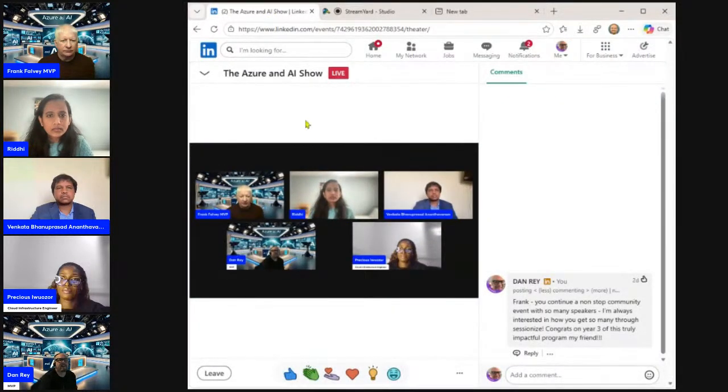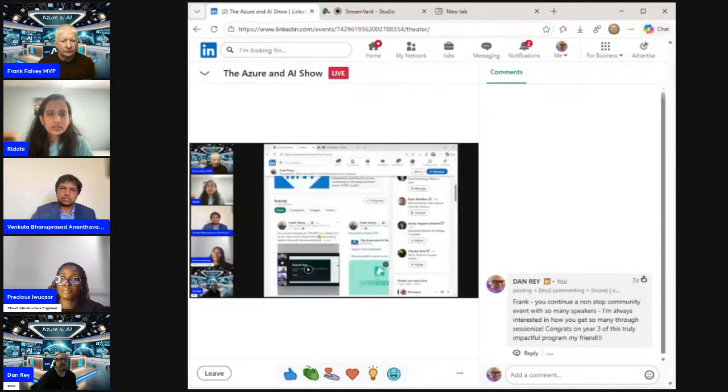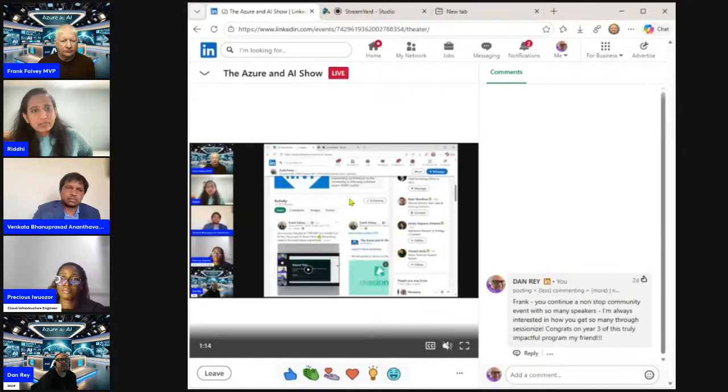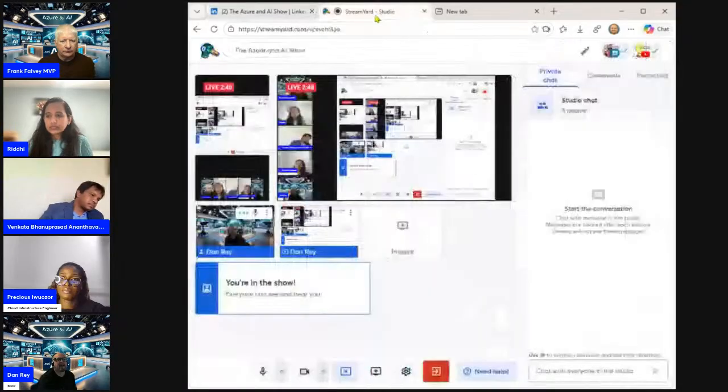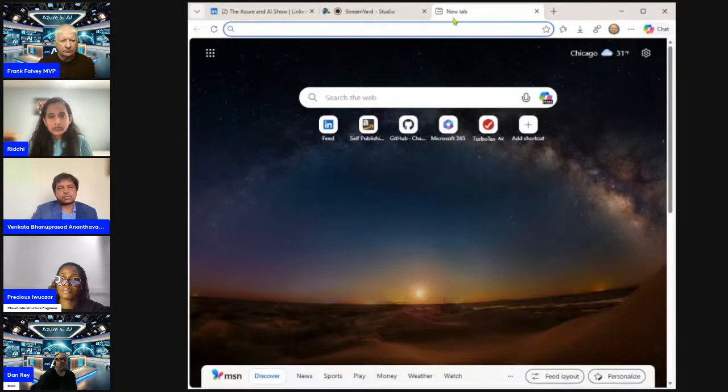But one thing that I can do with StreamYard is take a look at both the thing that I'm sharing, and then from either another device or another window potentially, I can take a look at what other people are seeing from StreamYard.